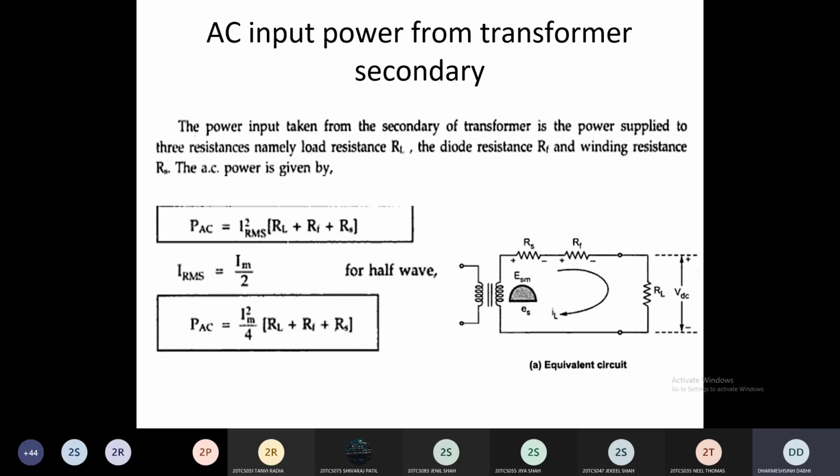So from these two powers, what can we find out? If we have output power, if we have input power, what can we find out for this circuit? Yes? Anyone? Give me the answer. Efficiency. Yes, very good. So here we have DC output power and AC input power. So we can find out the efficiency of this half wave rectifier circuit. Clear? Efficiency shows how much of your input power does useful work at the load side. Clear? So let's calculate this efficiency.